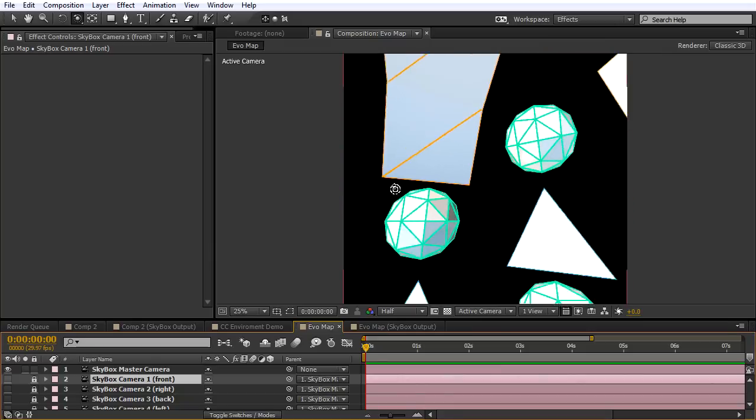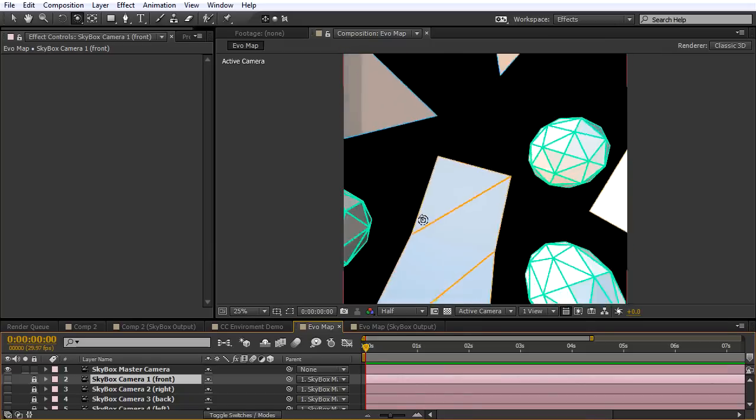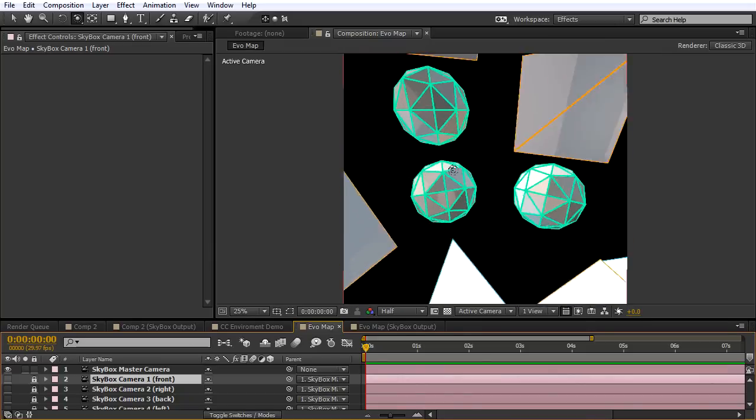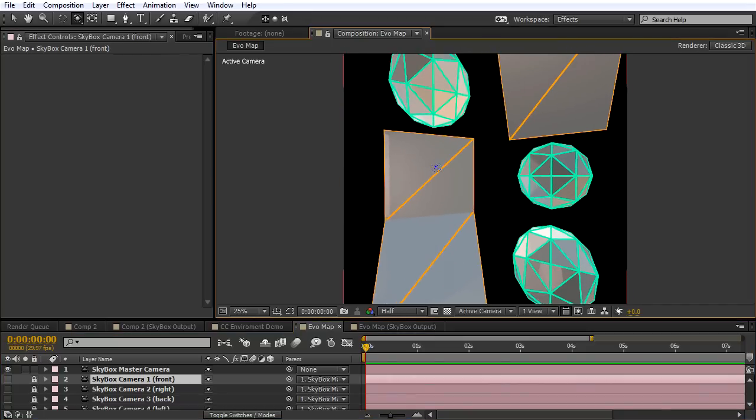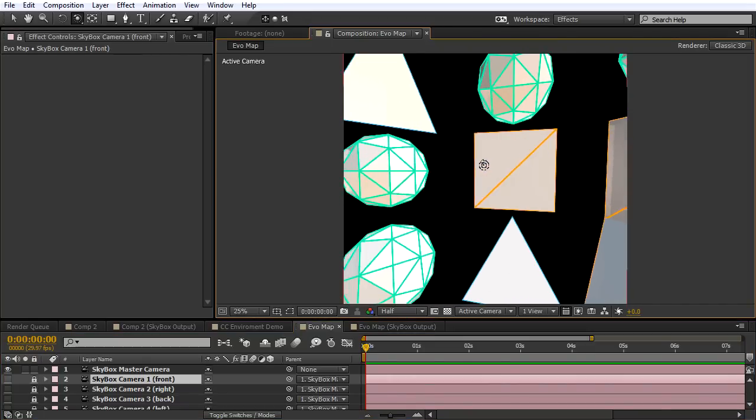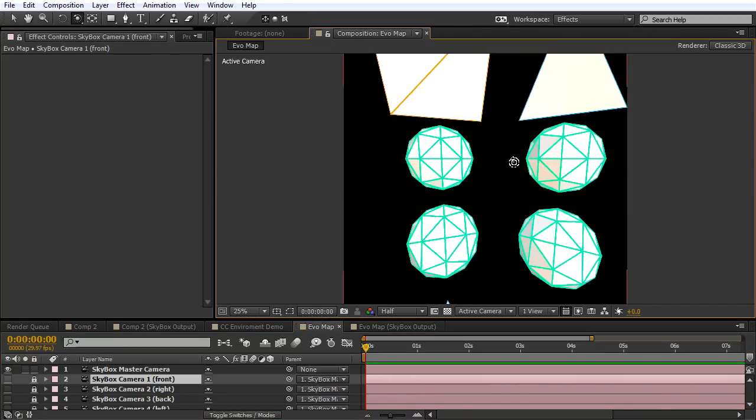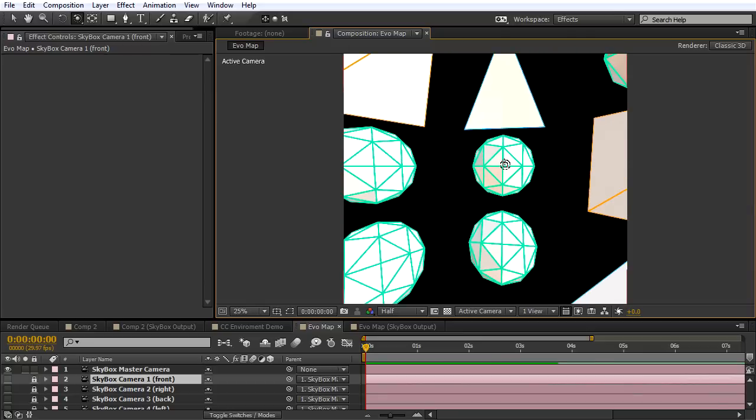I'm just going to rotate around here so we can kind of see. So this is our center point of our environment map here. And I noticed that all of my element layers seem to be facing the same direction. This doesn't look very natural. So what I'm going to do actually is I'm going to